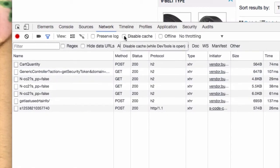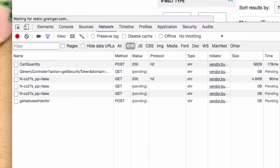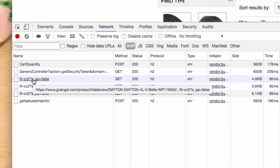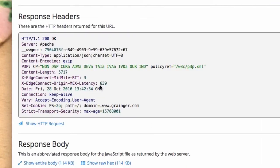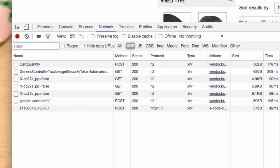Now, here's what's strange. I won't disable caching, but I will reload the page, and we'll find that the browser will re-request those same things again. So it's not caching those responses. And sure enough, if we click in here, we see that there's no last modified date, there's no ETag, and there's no expires. So it's not caching any of this information, and sure enough, it's reloading it every time,